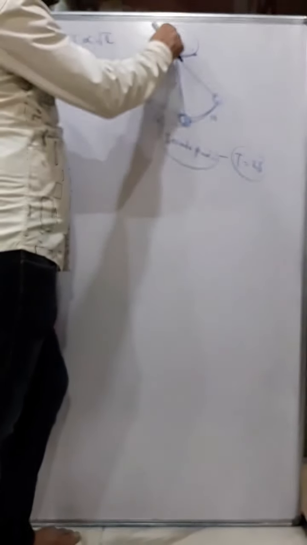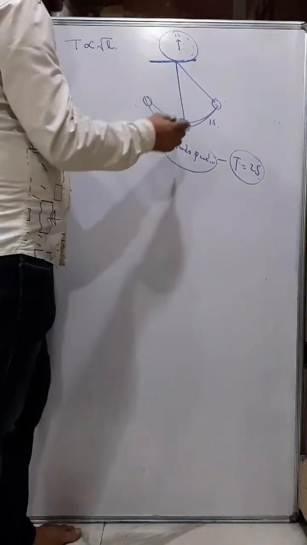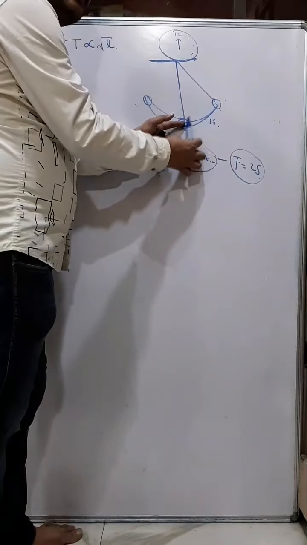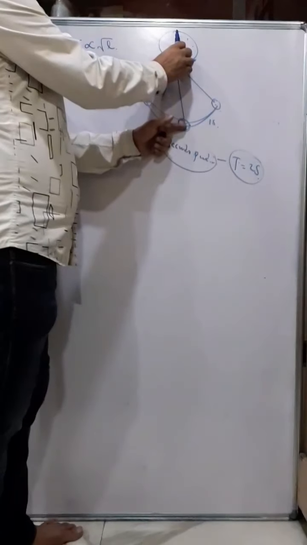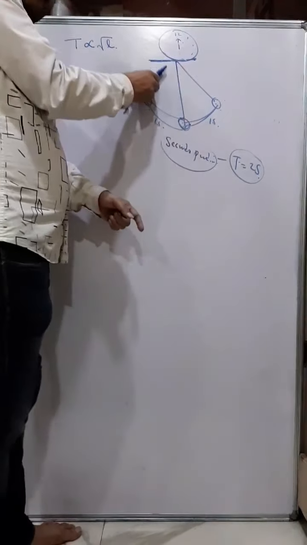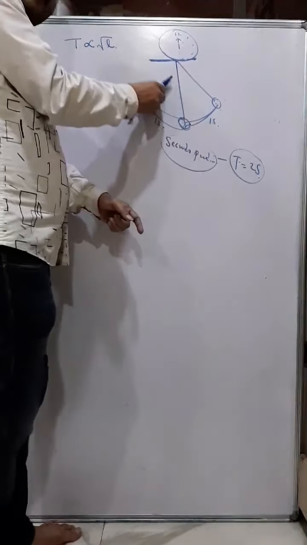Now the clock is fitted, the minute hand of the clock is set in such a way that when the pendulum goes half, the minute hand ticks 1 second. Again when it goes this half and comes back, it goes another, because the time period is 2 seconds. So the pendulum is taking 2 seconds and the minute hand is also moving 2 seconds.